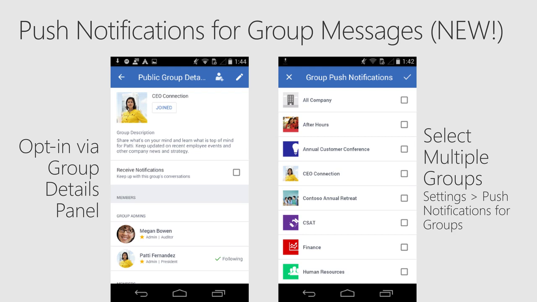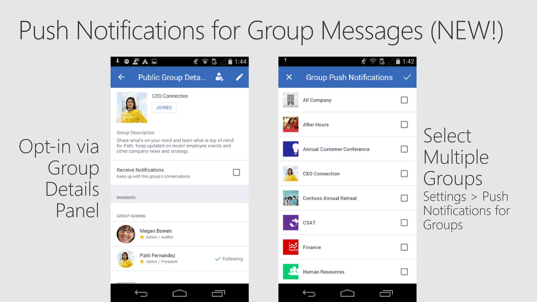Go through all the groups where you want to receive notifications of each and every message, because let's say, for example, I am the service owner for Yammer, and I want every message in the Yammer help group to come to me, whether or not I'm specifically mentioned. Now, with the Android app, and coming soon to iOS, you can get that right on your phone.